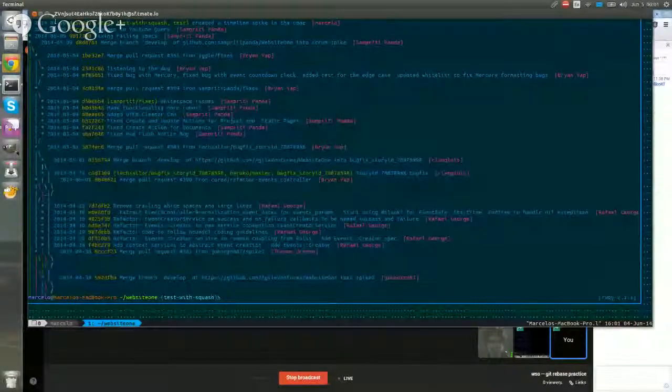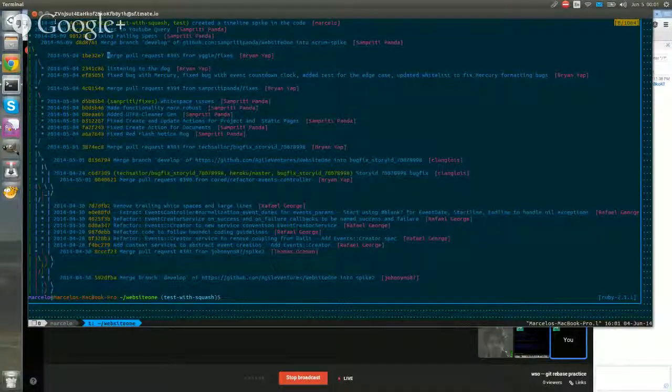When you're squashing, you really shouldn't squash anything that's being kept permanently in the repo. So the limit of squashing, I'd say, is up here. This is where you branched off from. That's as far as you should squash to. Never squash anything below that, because it will make it very, very difficult to merge with changes from other people.